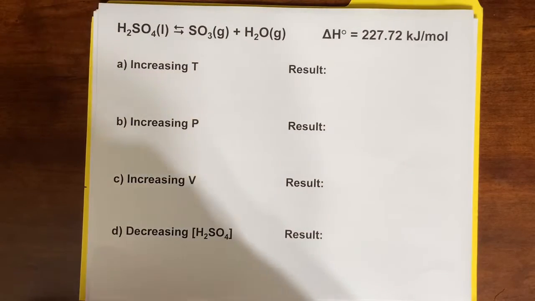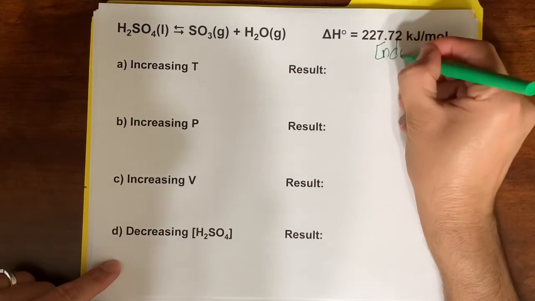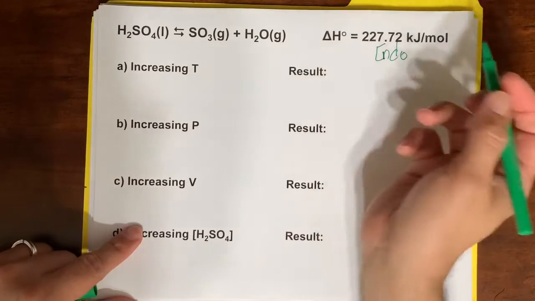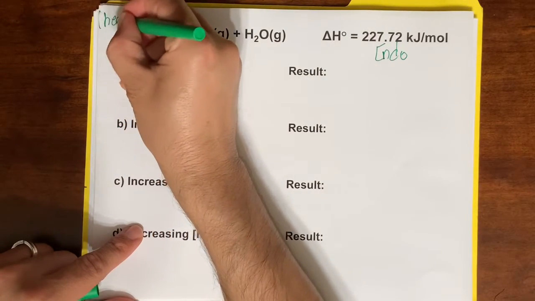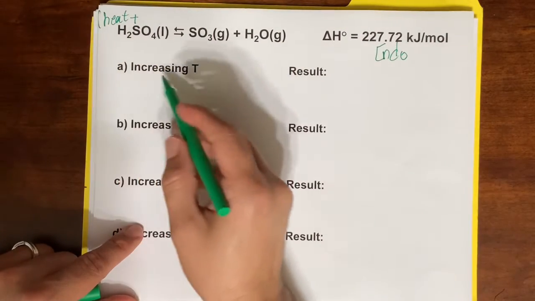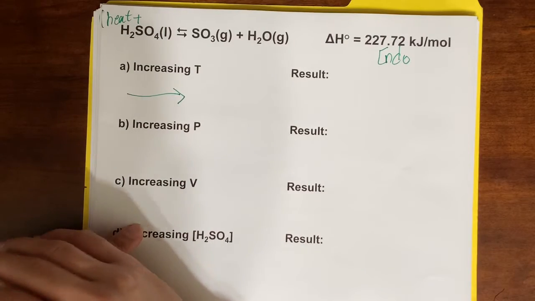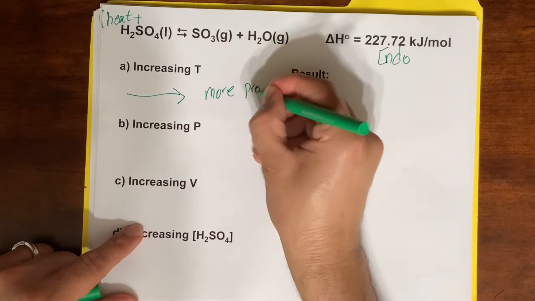Okay, this is endothermic. Endothermic process. In order to do it, we need to give heat to the reactant. So heat is here. We are adding heat to the reactant. If you add heat, the reaction goes to the right side. So we'll have more product,